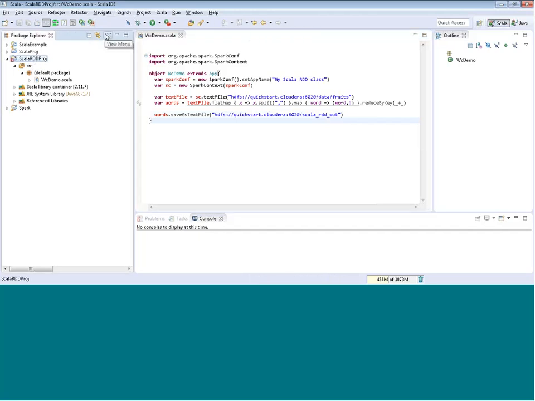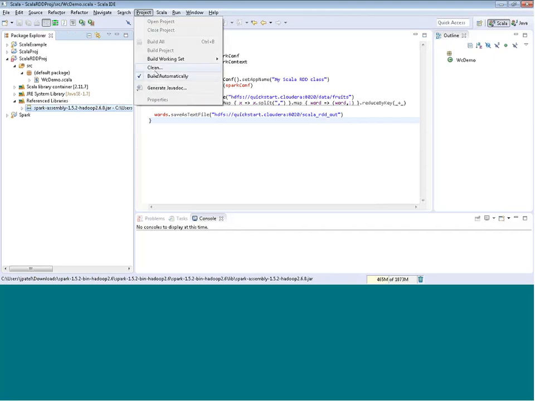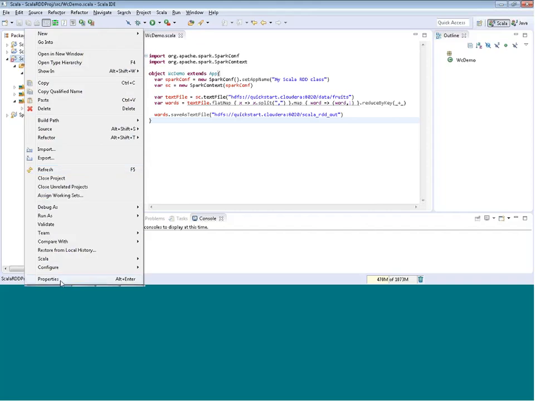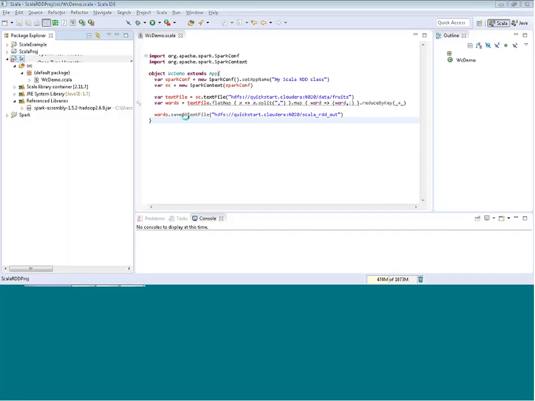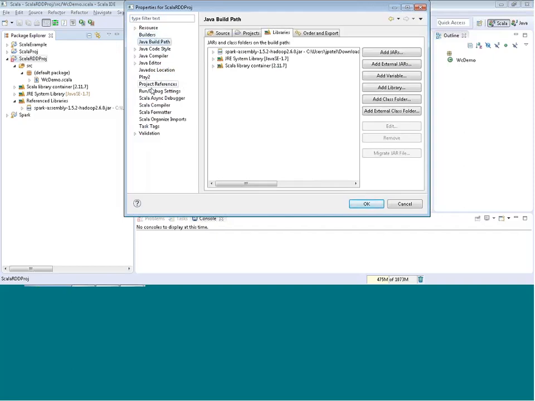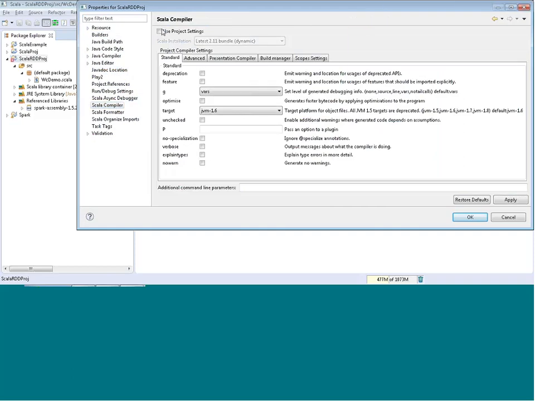Now the most important part is the reference library which I have included, right? That and the Scala jar that you are expecting, it's not really compatible. So what you need to do is, here you can see there is some error. So I need to build this project by changing the